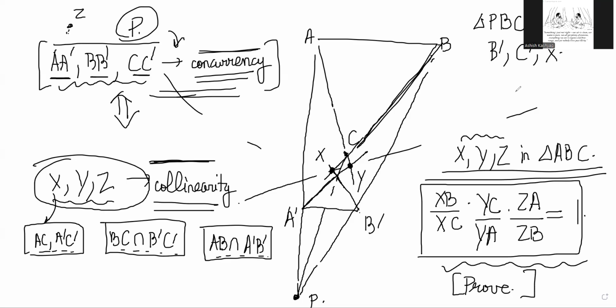Think about it. B dash is here, right? C dash is there. Where was C dash? Which one was it? C dash was the one before. Yes sir, C dash is this. And X, right? So notice that